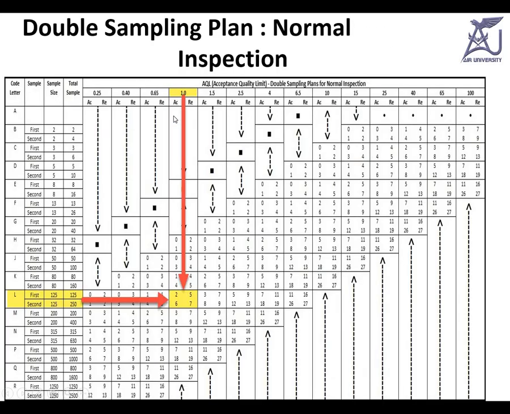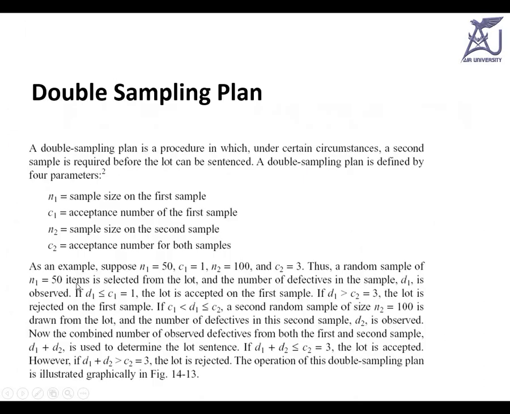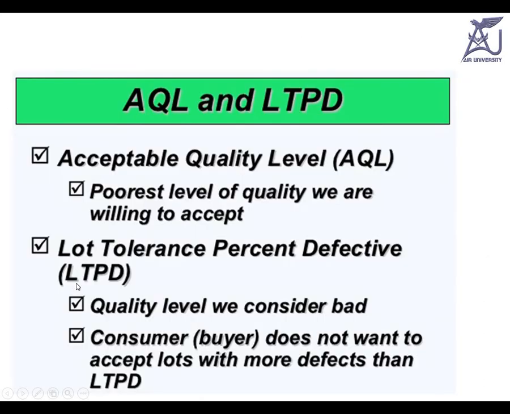These numbers have in fact been found out by some criteria which we discussed earlier, because this double sampling plan gives you the RE number, RE1, RE2, C1 and C2. These numbers are already traced as per the AQL and as per this letter L. This letter L, as I discussed, you will start with level 2.